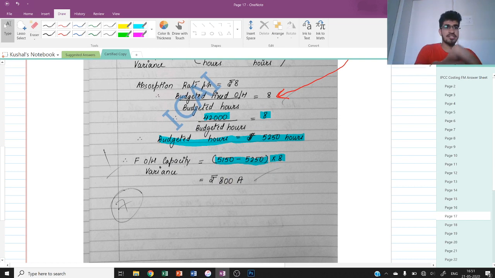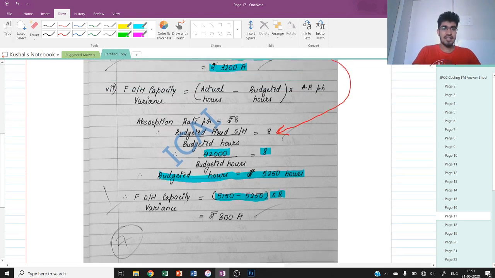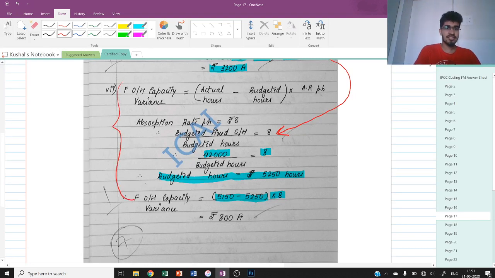If you see, there were 7 questions involved in the standard costing question, and there was 1 mark to each question, but the question was of 8 marks. I seriously don't know why I have lost 1 mark in this question. I suppose that this question should be of 2 marks because there is an adjustment involved in this question. I think 2 marks should be there for this question, and the examiner has ended up giving me only 1 mark for this sub question, and therefore I was able to score only 7 out of 8 in this question. I don't see any reason for deducting a mark over here, and I think that I should have got 8 out of 8 in this particular question.